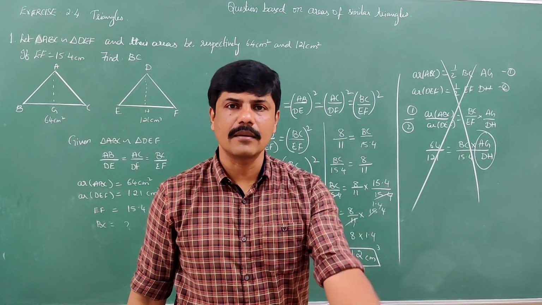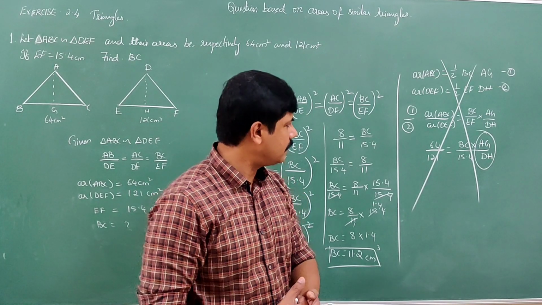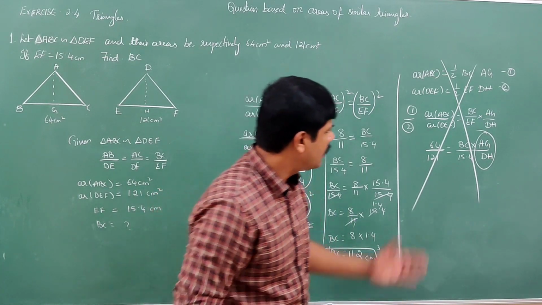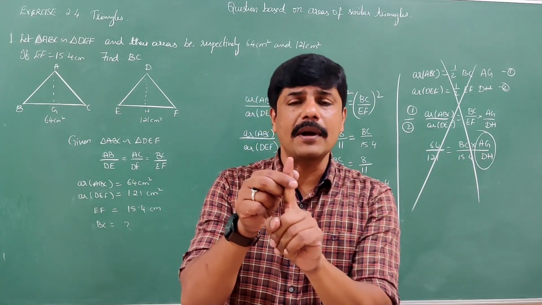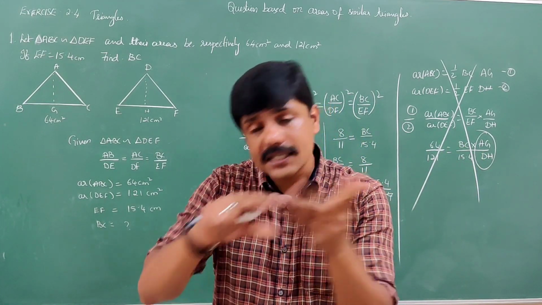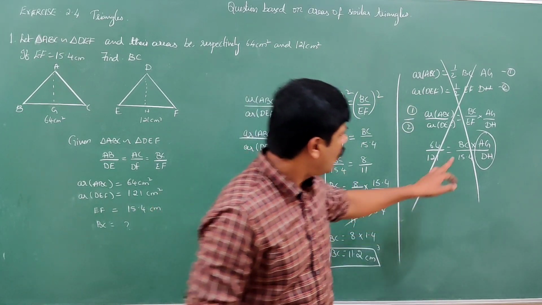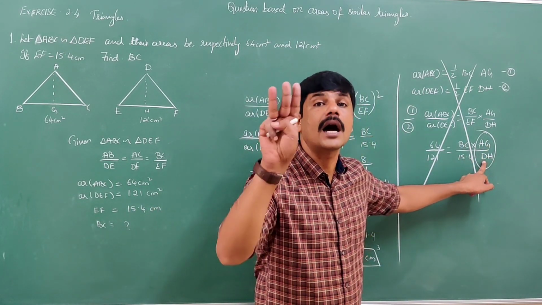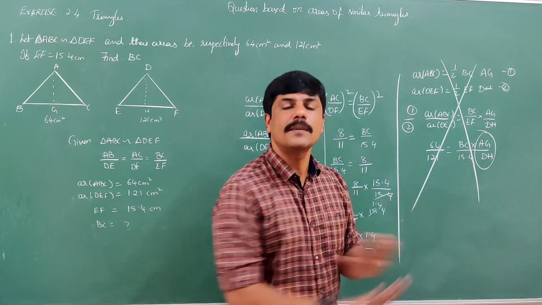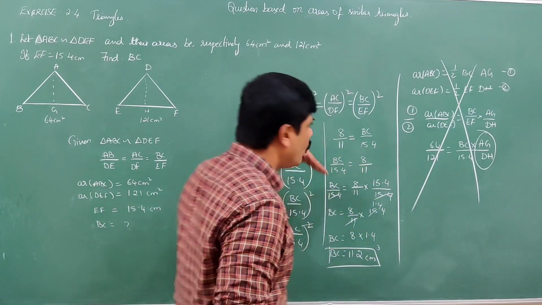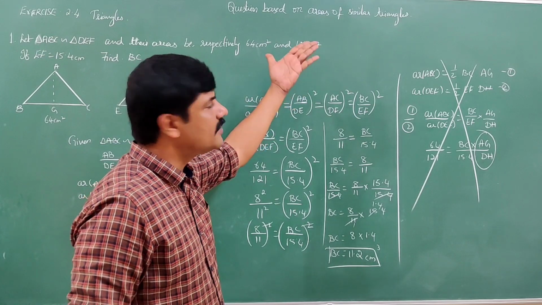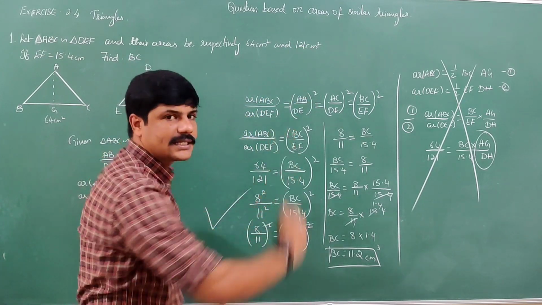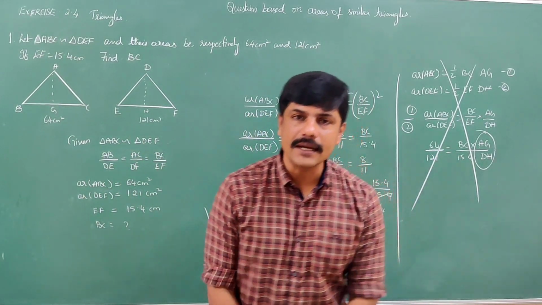In any problem, in any question, if you want to find the solution, apply the formula and only one parameter should be unknown. The rest of the parameters should be known. Here 1, 2, 3 parameters are unknown. In such cases, it is not possible to solve the problem. So here, the very easy way to solve this is based on areas of similar triangles. So note down this, not this. Did you understand, children? Okay.